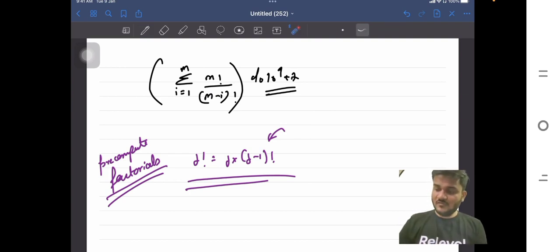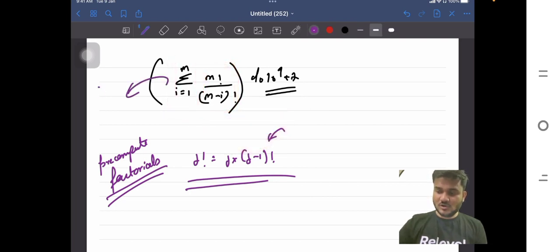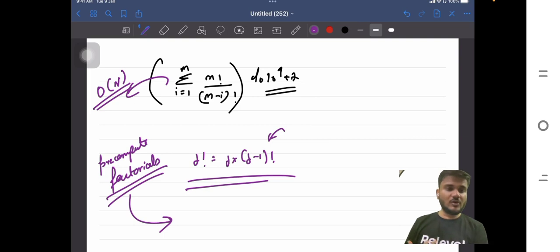So if you have factorials computed already, then m factorial by m minus i factorial can be calculated in order of 1 time, and you have to do this order of 1 task m times. So this can be solved in order of m, which is as big as n in the worst case. And how many factorials will you require in the worst case? In the worst case you need to calculate m factorial. M can be as big as n, so you need to calculate at max n factorial,